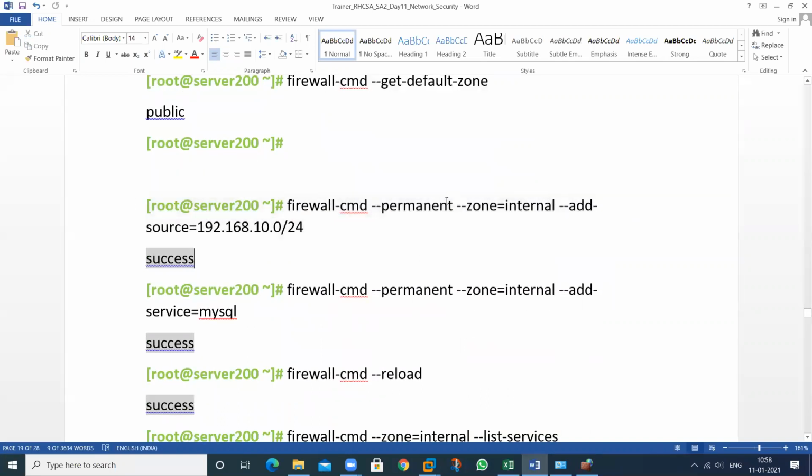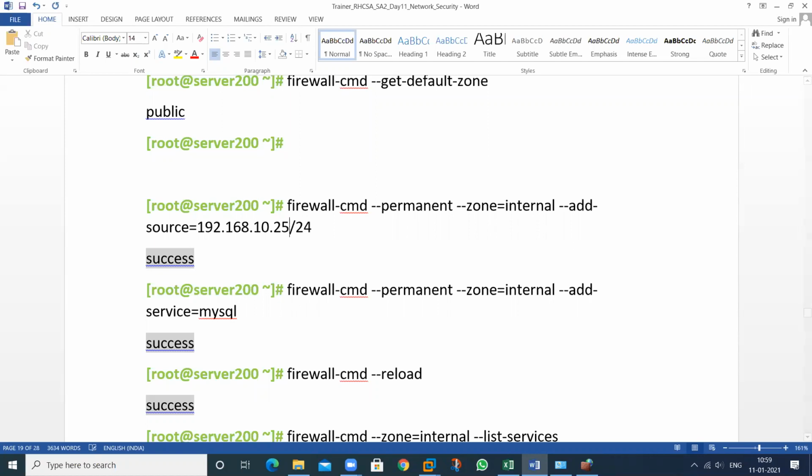Suppose you want to add a specific service for a specific zone, we need this one. This is the source. Allow this particular service, the service name is MySQL. And I want to allow this service for this particular network, for all the subnets, that is 10.1, 10.2, 10.3, 10.4, anything, till 254.